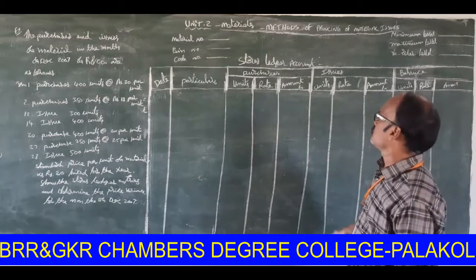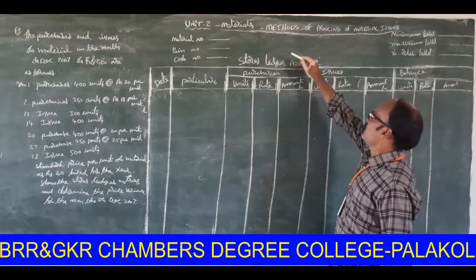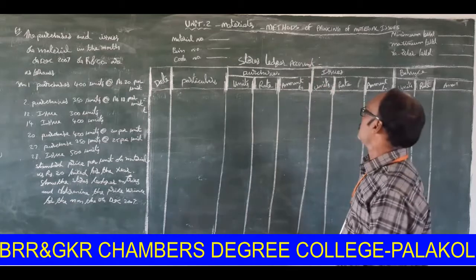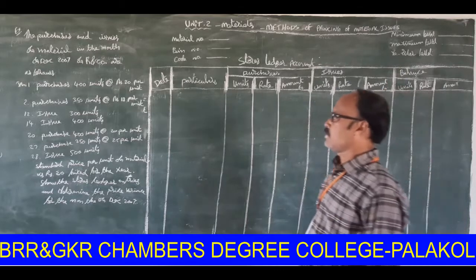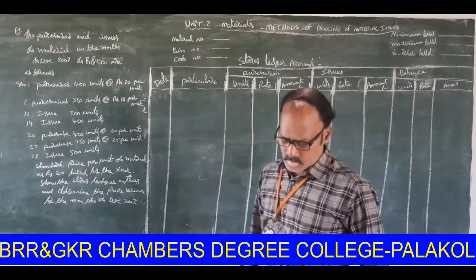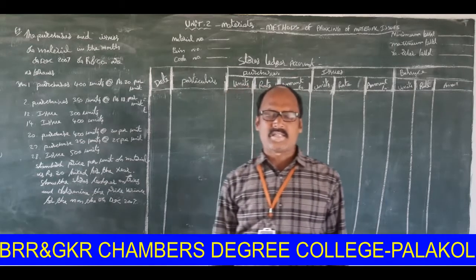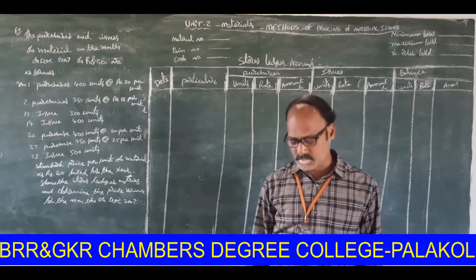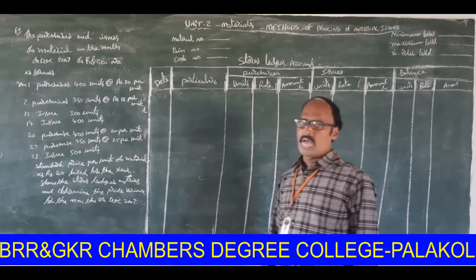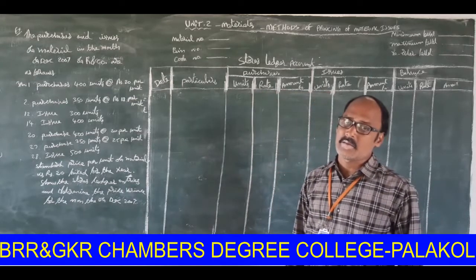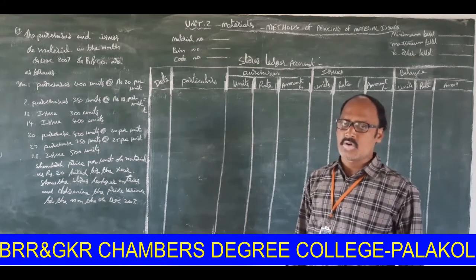Discussed about standard price method. Materials in detail, methods of pricing of materials under this standard price method. Standard price method means here in this model the purchasing price is not to be considered. At the time of issue, the standard price is to be considered. The purchasing prices of materials are not to be considered. Only standard price is considered at the time of issue of units.